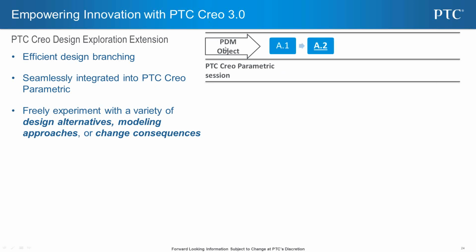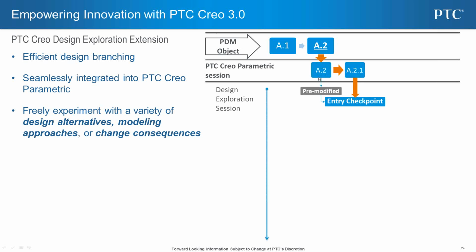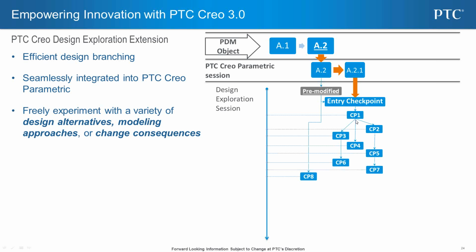So let's say I've got an object, an assembly inside my PDM system. I'm at A.2. I'm going to check that out into Creo, and now I'm going to start a design exploration session. So at this point, I enter design exploration, and it's going to create a checkpoint for me, a starting location. I can then start to branch off my design, trying out different alternatives, and easily being able to switch between multiple different checkpoints. As I switch between those different checkpoints or capture those different checkpoints, I'm storing different ideas